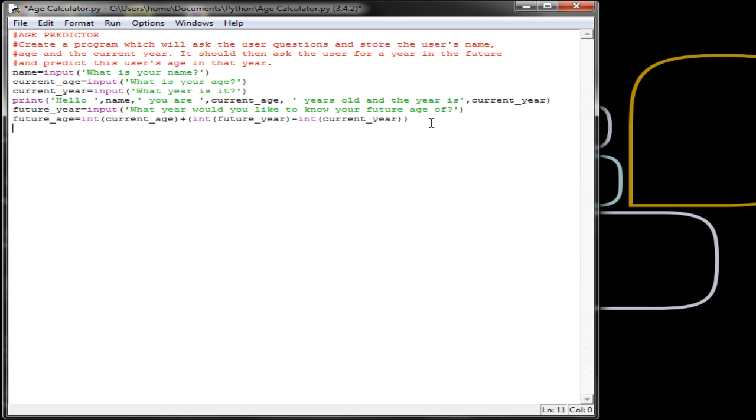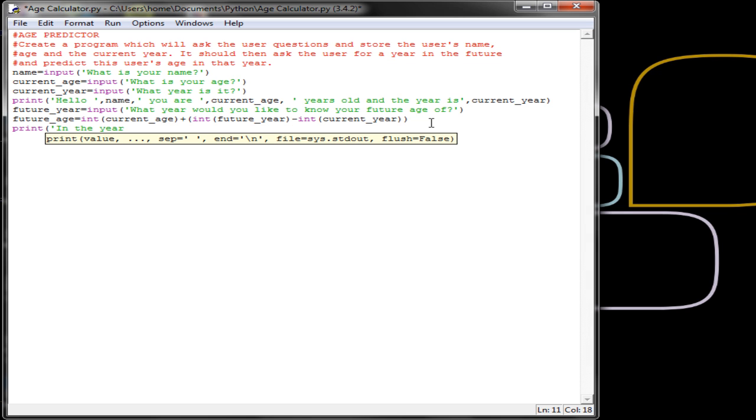The last thing we're going to need is a print statement. Print in the year, and again we're going to plug in the future year as entered by the user. Up here in the year, future year, comma, you will be, comma, and then we want future age, which is the one we've worked out using the calculation. Print in the year, future year, you will be future